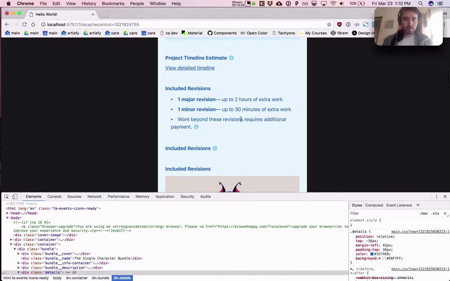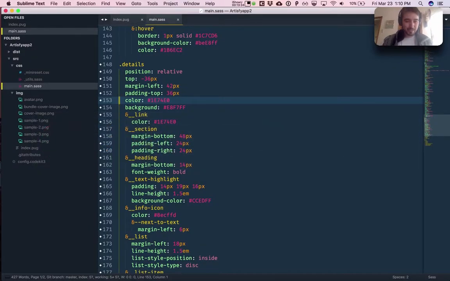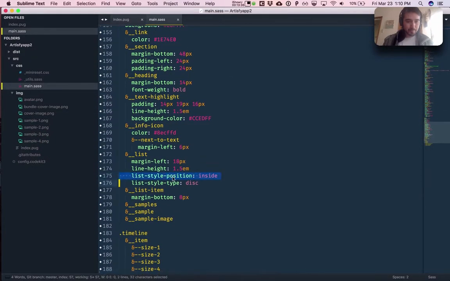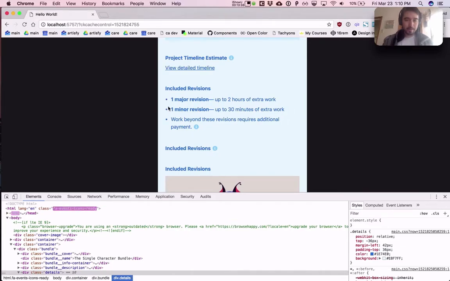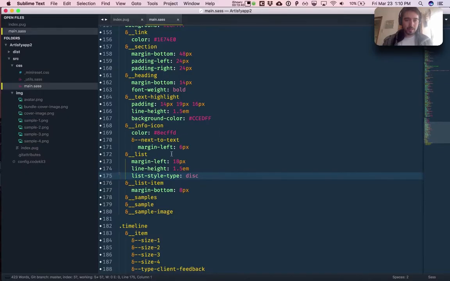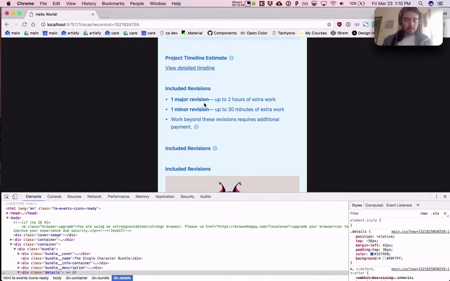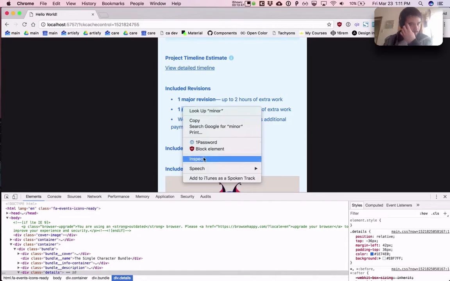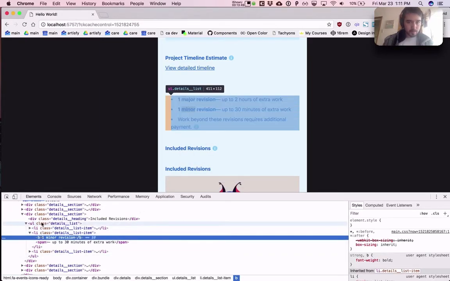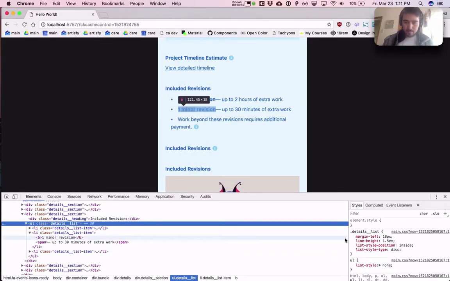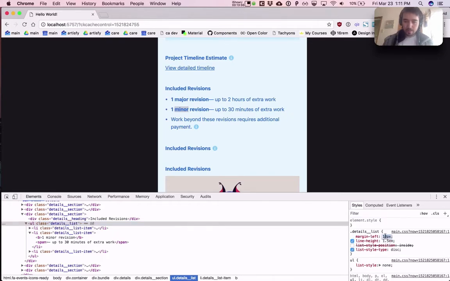Okay, so we got that. Does that look... Oh, this is why I don't do it. Because look, it puts it on that stupid line. Okay, so we're not going to do the inside thing. Right? And then we're going to go back to that. And then let's actually see. So when I do put it inside, that's what happens. Okay, so we're not going to put it inside, and we're going to add